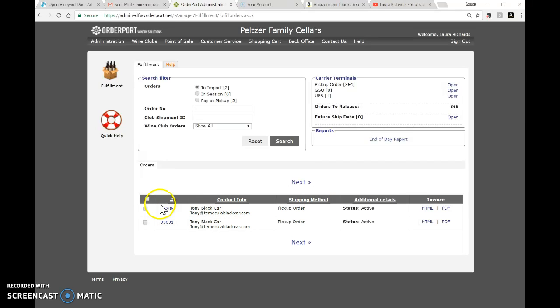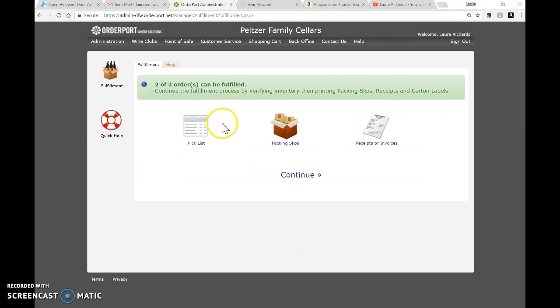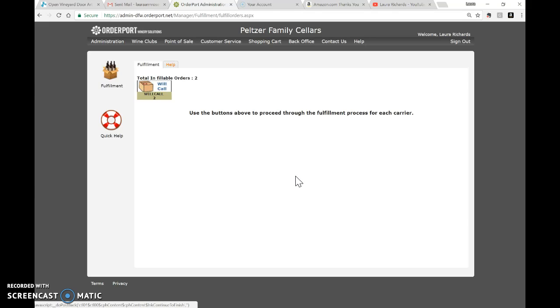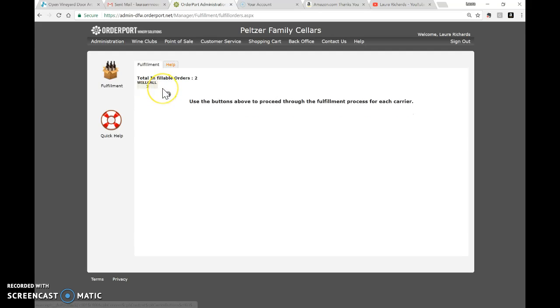So in order for us to fulfill these products, the inventory has to be great enough to fulfill the items. So with that, we can click both of these items, and we're going to essentially import them. And these two items can be fulfilled. So we'll go ahead and hit continue. And since this is a will call item that has technically already been fulfilled, we can hit the will call button,